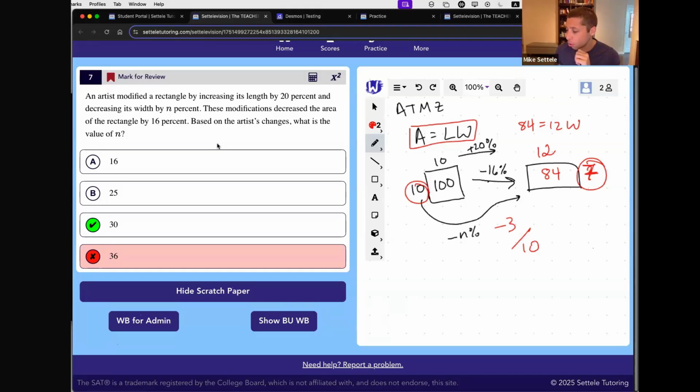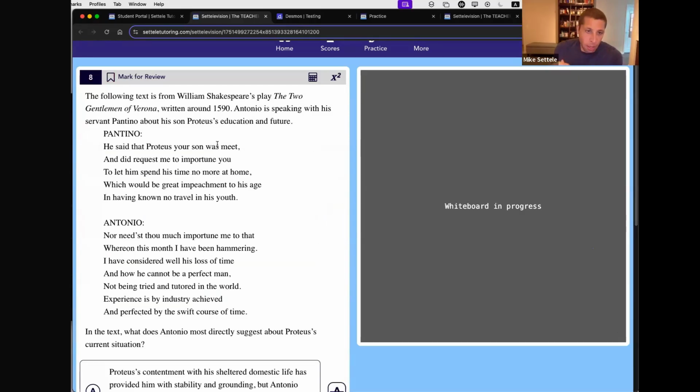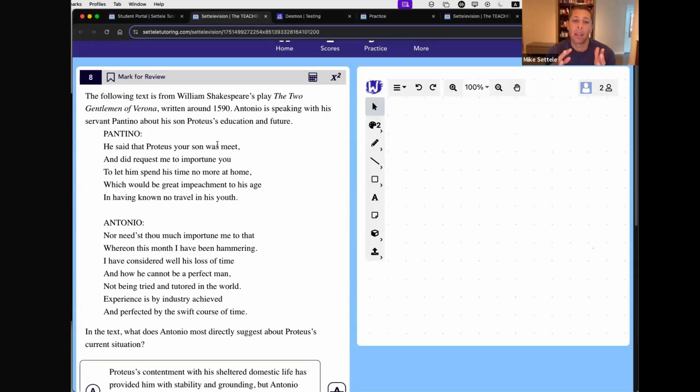Cool. Well, let's move on then to the reading section here. And let me give you a question that might seem intimidating. You can definitely ask more math questions if we got time at the end, but I don't want to completely monopolize that. So the reading, most people's least favorite part is the passages. That's my least favorite part. Plus, if the passage is long or 400 years old, that kind of scares us. And here is some Shakespeare.